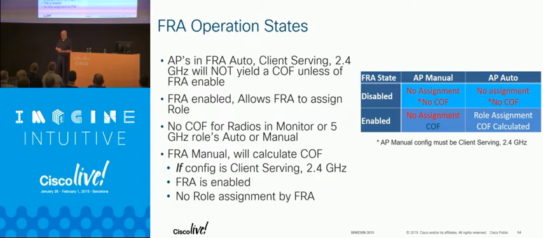FRA manual versus auto, and FRA on and off. So there's the global level, then there's the radio level. Again, if FRA is enabled at the global level, but it's manual at the AP level and you haven't enabled it, you can generate the coverage overlap factor, get all the algorithm metrics, and you won't change a single thing. If those are in auto, as soon as it detects it, DCA runs it, it'll change it.